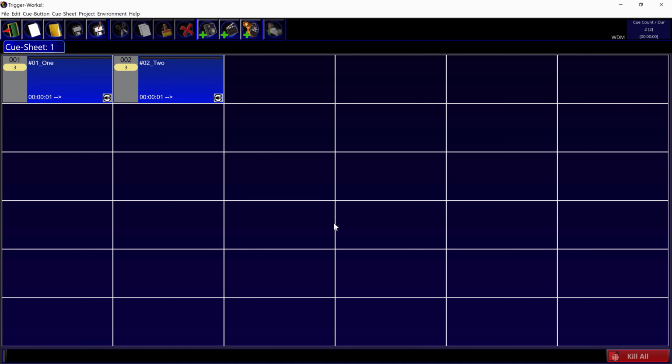Hello and welcome to this Trigger 2-minute tutorial, and today I'm going to be talking to you about Trigger's timecode reader. So I have LTC, longitudinal timecode, coming into an input port on my sound card that's attached to this